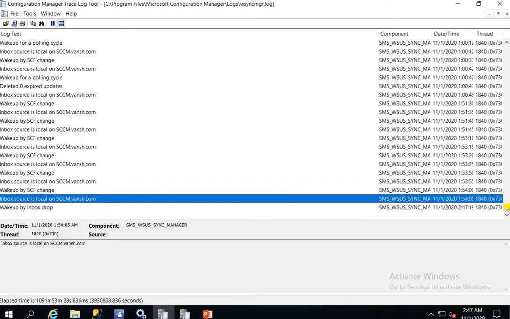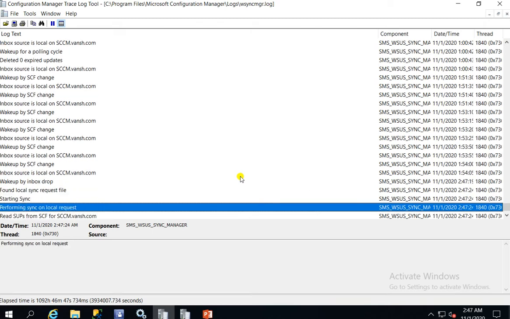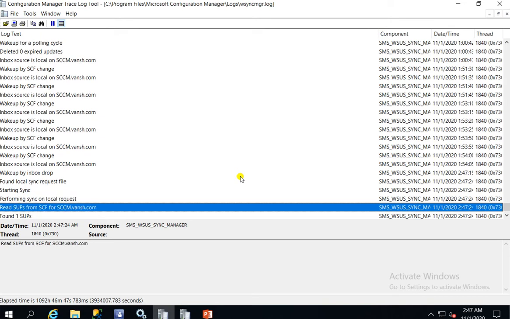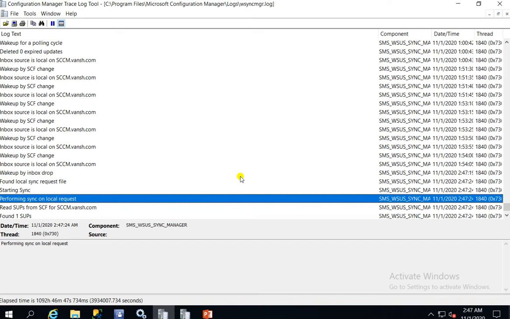Okay, so this log will update now. As I explained in the PPT, my SCCM will send a notification or trigger an alert to my WSUS. That WSUS will go to the Microsoft site and start downloading the patches.